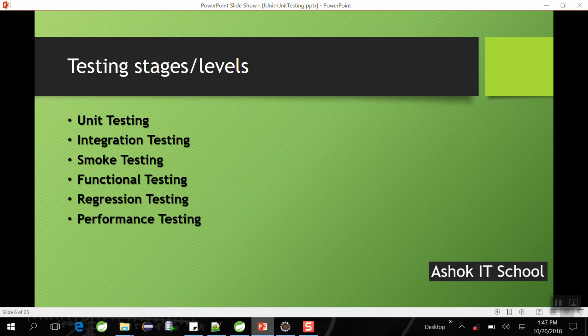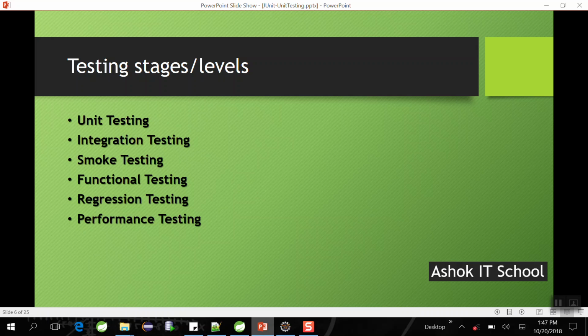The testers will perform the functional testing, and once the issues are identified, the developer will fix those issues. After fixing the issues, the developer will give the latest code to the testing. Then testers will test that complete application again related to that bug or related to that screen. That testing is called regression testing.